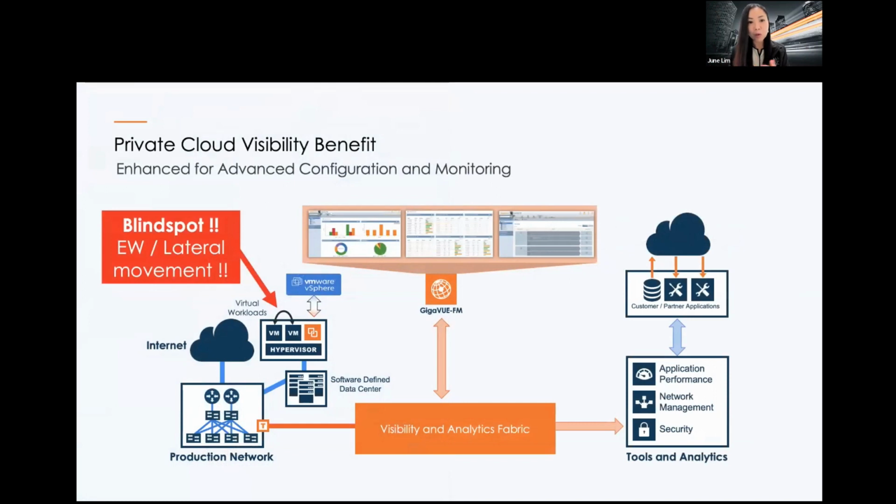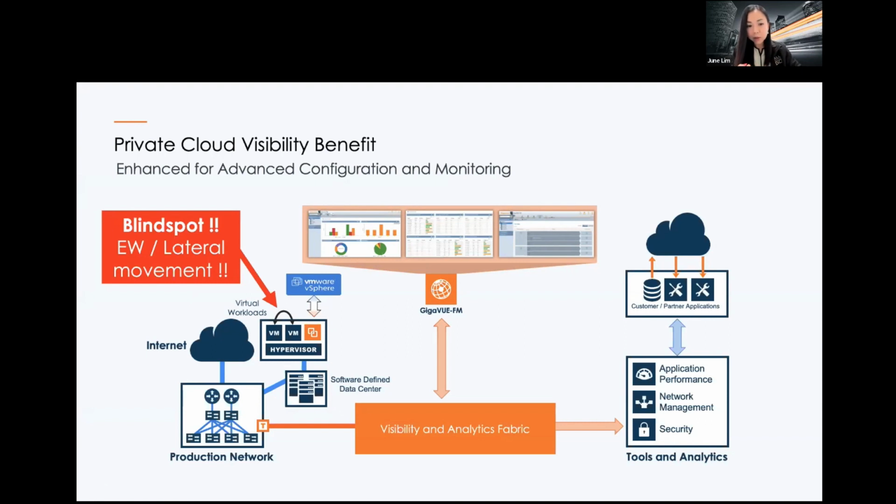I believe most of you will have VMware on your network, a virtualized, private cloud environment sitting on your network. Now, where is the problem? You have your hypervisor, a big hypervisor, and behind the hypervisor there are maybe hundreds of VMs, 100 or 200 VMs. Some have fewer, maybe 20 or 30 VMs. I am not sure. But let's say there's no Gigamon, you are getting the traffic from the hypervisor, which is here. What is the problem over here?